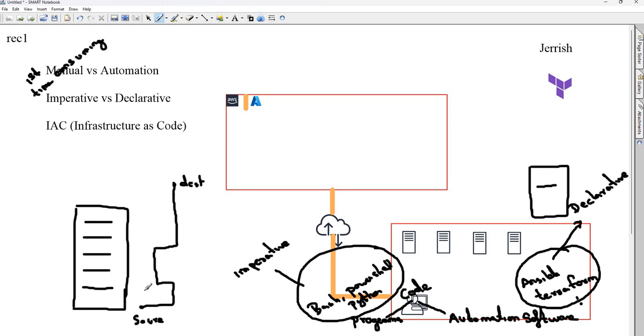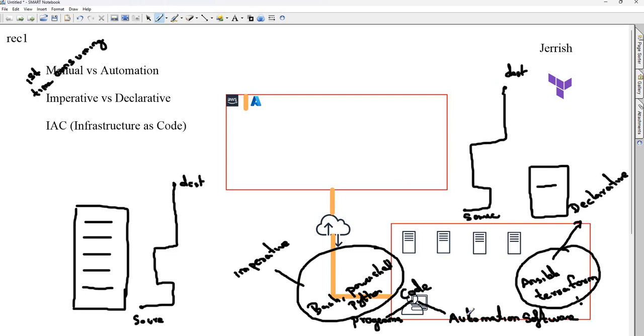So this is imperative. In declarative, from a source to a destination, if you are again taking a cab, just inform your cab driver to reach the destination. So cab driver takes care and he takes you to the destination.